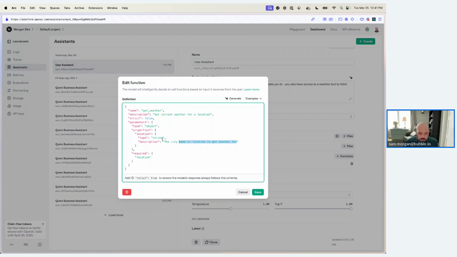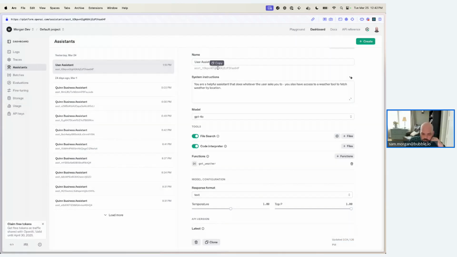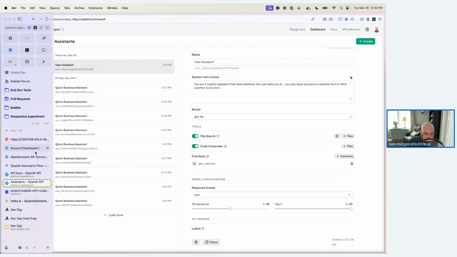The descriptions are really important: naming things, typing them out, and then also saying if any of those parameters are required. So this is how you would have optional parameters. If your function optionally took in some other data about the location, you could just not include it in the required list, but include it up here, and that would tell your AI that it's not necessary. So that's our assistant. We're going to copy this ID and go back to Postman,